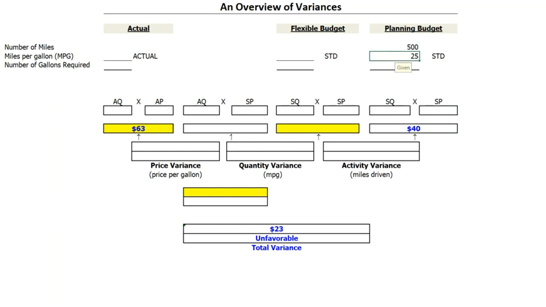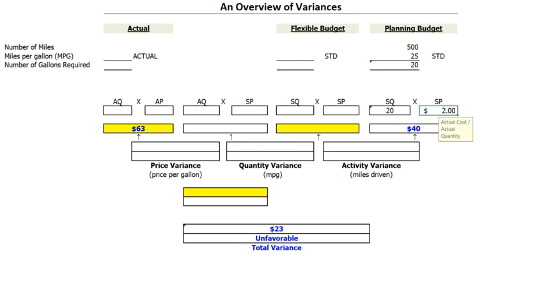And if our car got 25 miles per gallon, we would have expected to purchase 20 gallons of gas. We refer to this 20 gallons as our standard quantity. We would have also multiplied that standard quantity by an expected price for gas, or a standard price, which in this case was $2 per gallon,